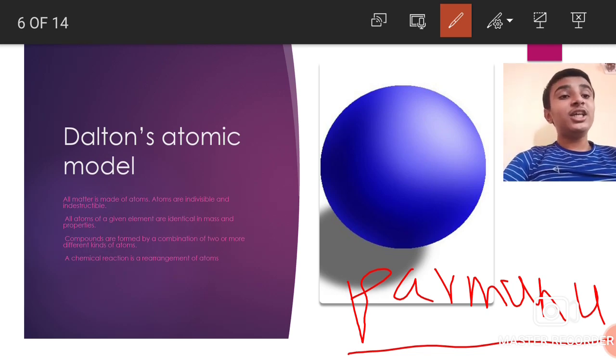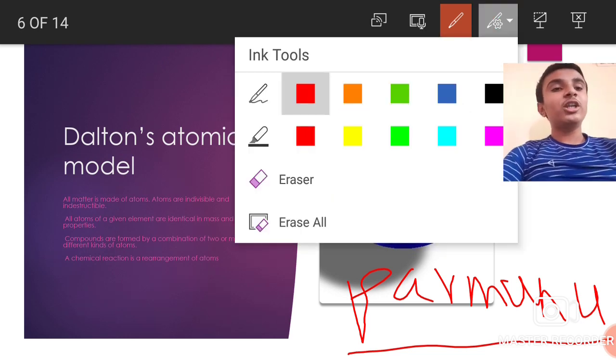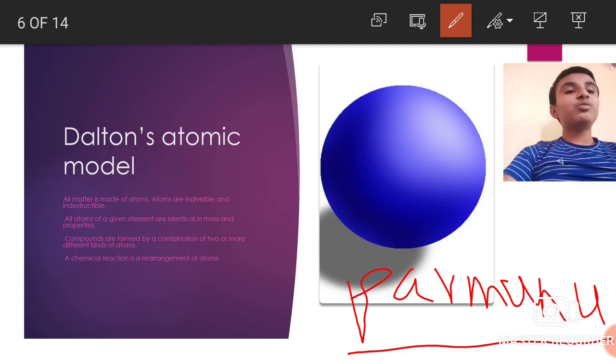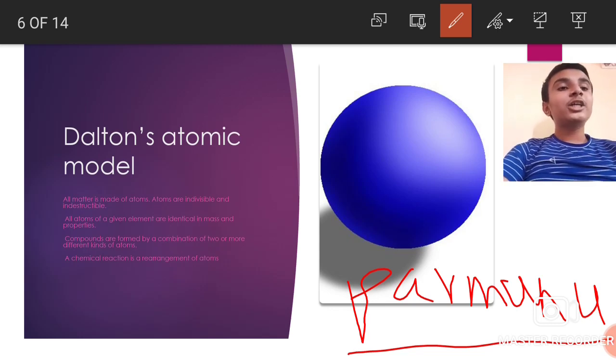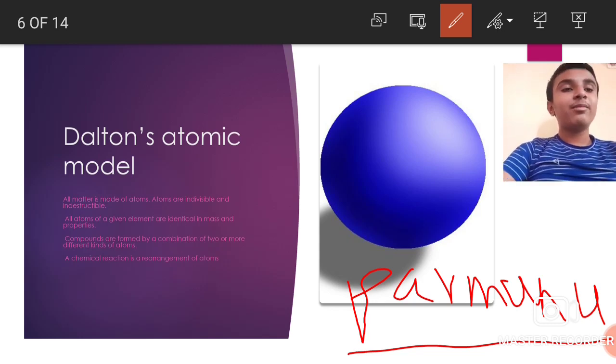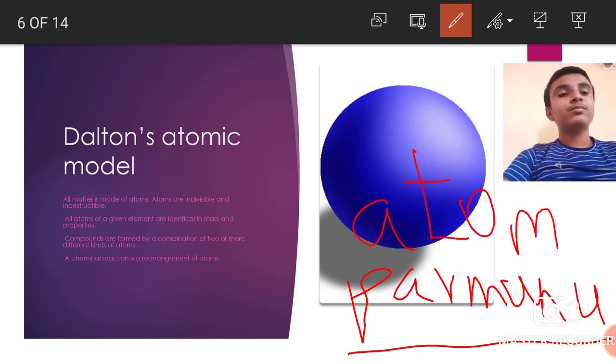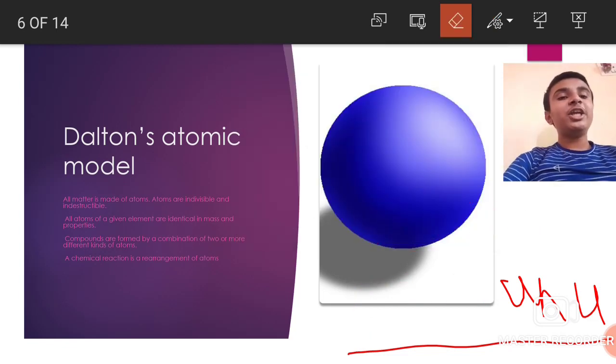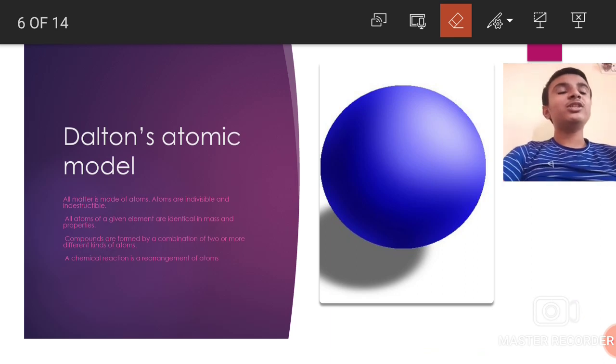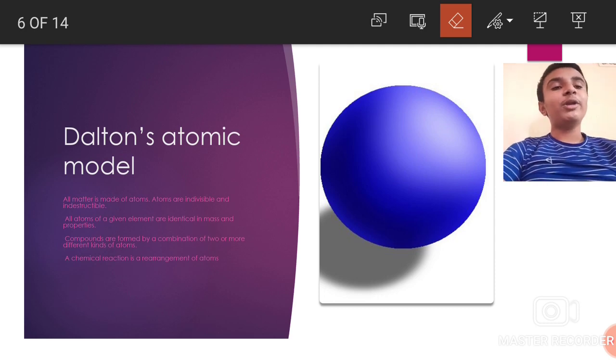And after this theory, in the 5th century BC, the scientist Democritus put forth a new theory that the smallest unit of matter is called atom. He does not call it Parmanu, but he called it atom, which we even use today. He stated that these atoms are indestructible and no one can create them. They can neither be created nor be destroyed.